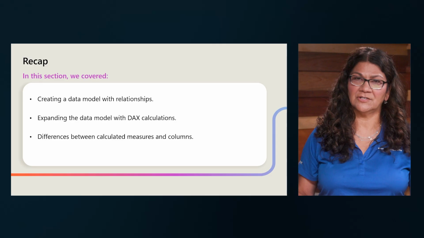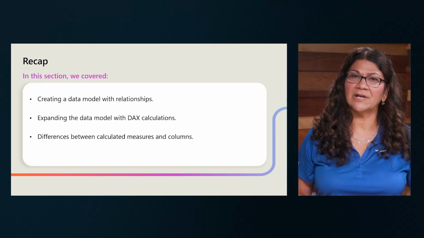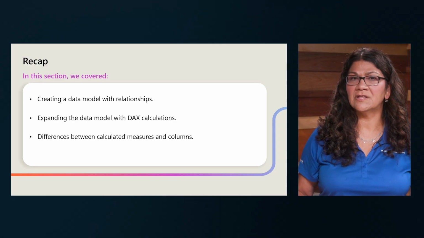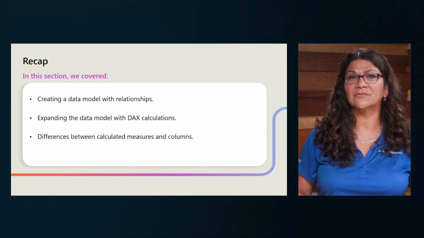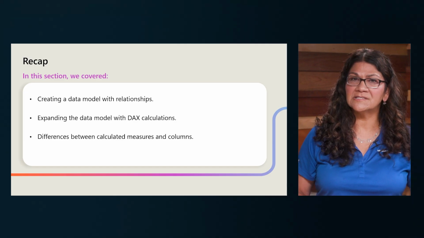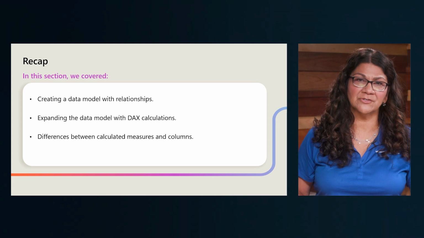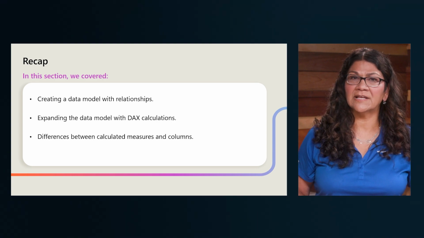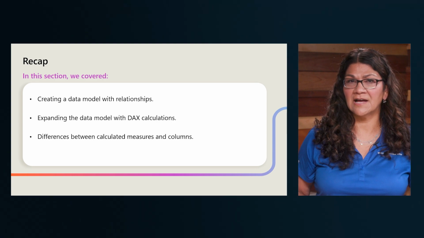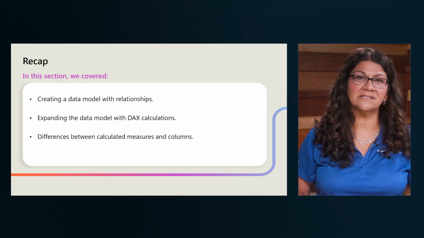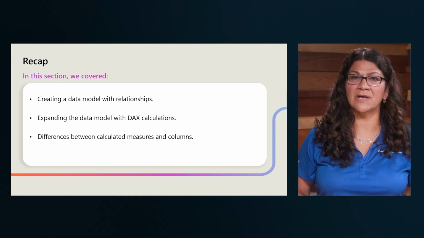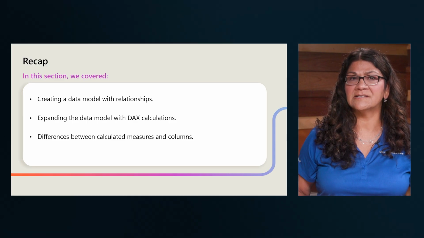Let's recap this section. We started off this section by introducing you to DAX. We then talked about how to create the 3 different types of measures: implicit, explicit, and quick measures. Next, we discussed creating calculated columns using DAX. We then compared and contrasted our calculated columns and measures, and rounded out this section with how to create a calculated table using DAX. Thank you for joining us. See you in the next section.